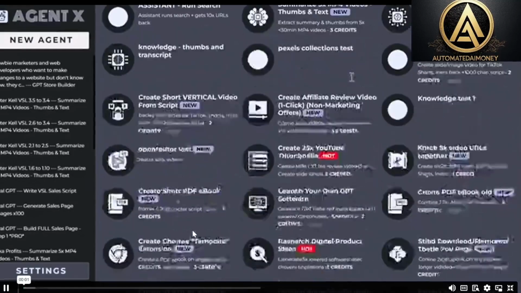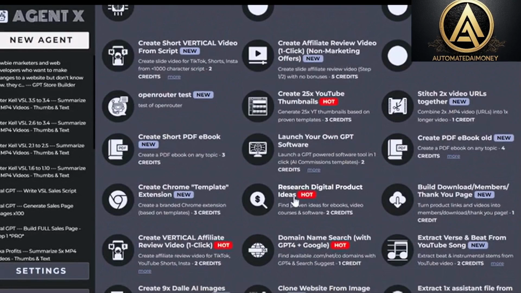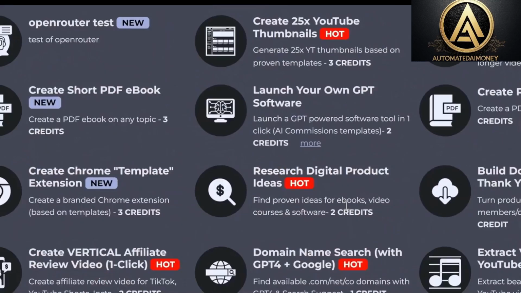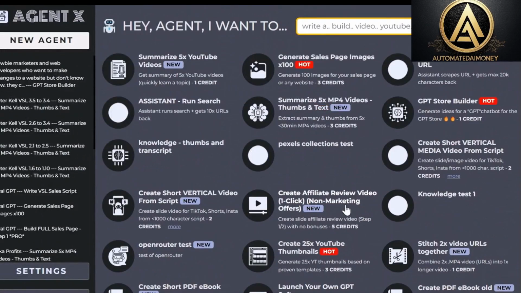So in this video, we are going to look at researching digital product ideas, which is a very cool task we added. The ability to find proven ideas for ebooks, video courses, and software. And so if you have watched the training, you've checked out the product, how to create a product with Agent-X